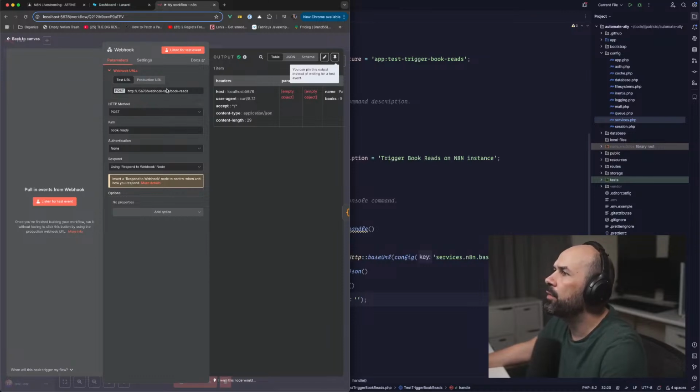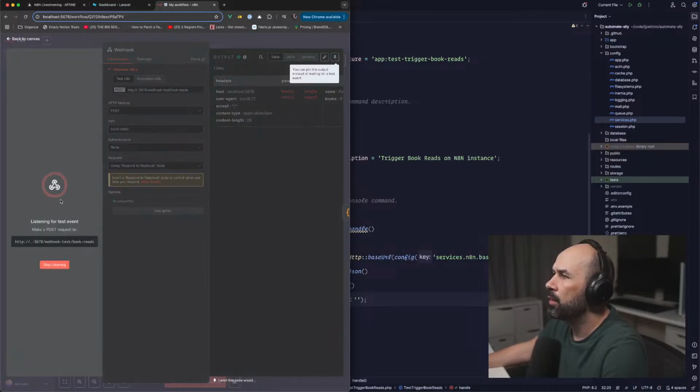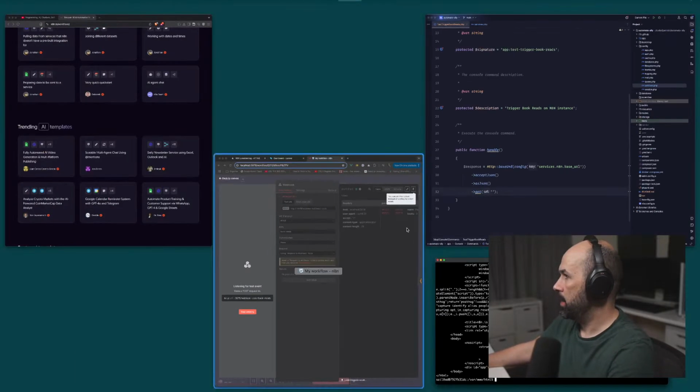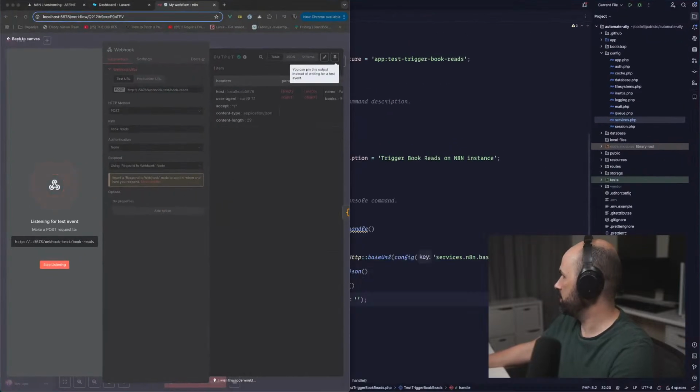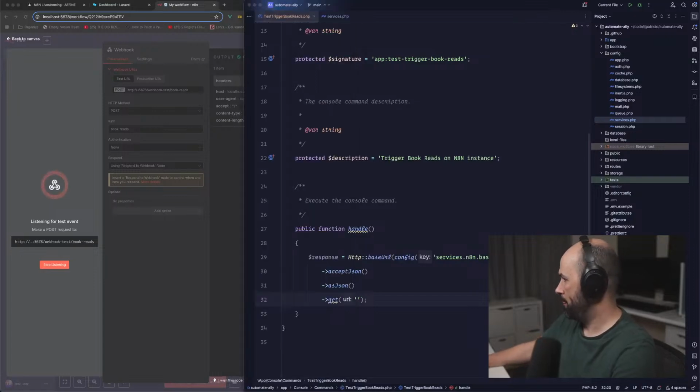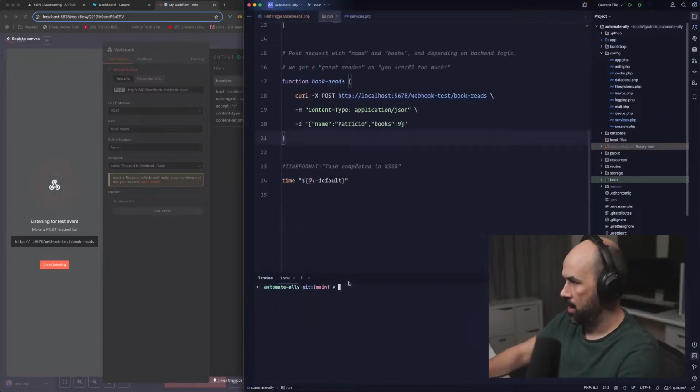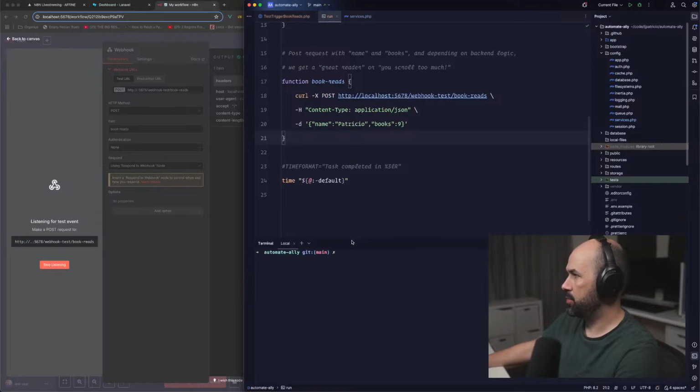Something is not very well. Let's see. Oh, I closed VS Code. No worries. We'll see what happens. So let's run the book reads.